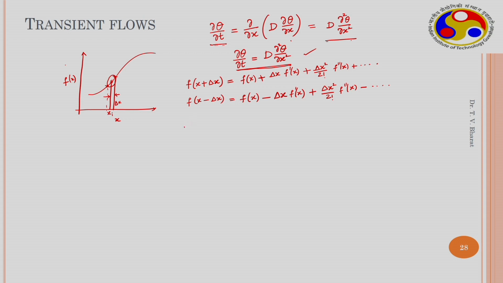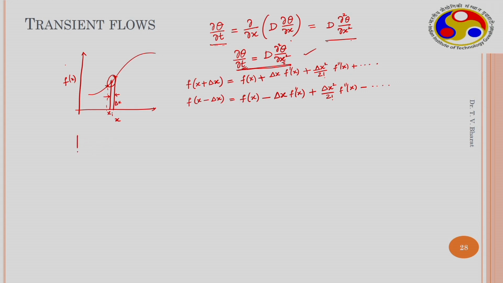So, therefore, what we could do is the theta variation with x and t we want, and we do not know how it varies. Here there are two independent variables, that is time and spatial variable x. So, now what we assume is that we consider a grid, a domain. So, the theta variation over a column length of say x centimeters. So, this is the domain that is shown.